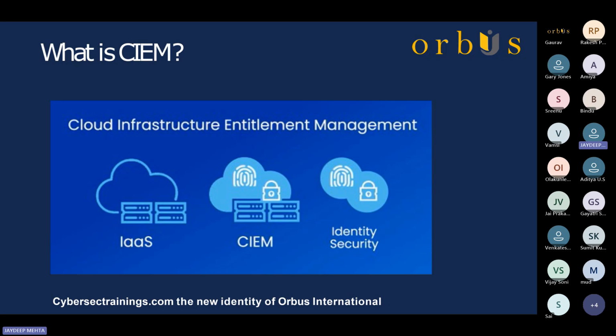partners, vendor partners, and also allows you to enforce appropriate controls to ensure that you have the right set of policies in your cloud platforms so that only the right people have the right accesses, and also have processes in place so that you can self-service raise access requests to resources in your cloud provider platform, and you have proper governance approvals and also periodic access reviews and recertifications. Like, let's say if Jaideep has access to a machine in the sales domain, there will be periodic access reviews to ensure regularly that its access is really